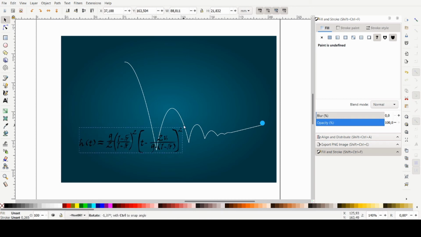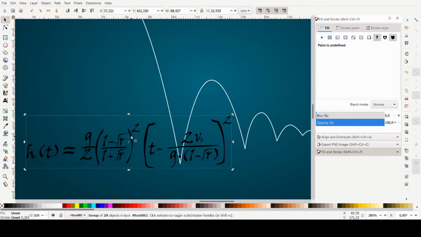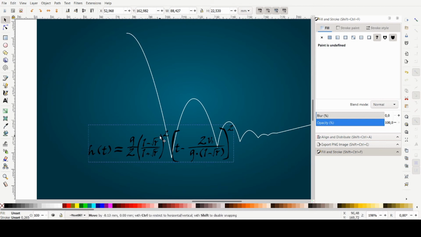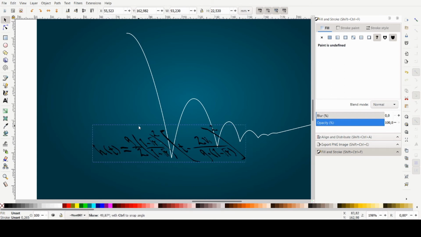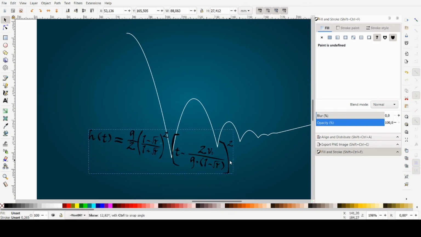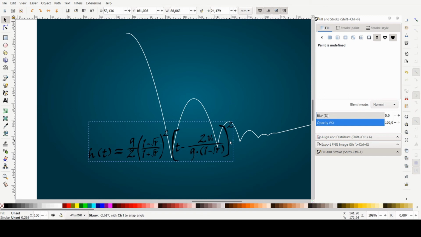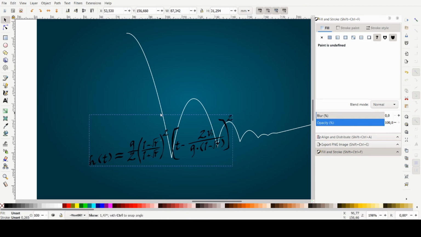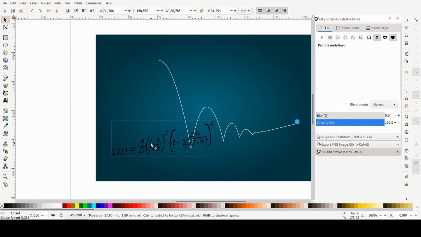So to make it look like it's in line with this hopping thing, you have to play with the shear. So this is how it looks normally, and then to get the perspective effect on it, click again, and then you sort of have to shear it, right? So if you can see, shearing the top makes it lean up and down, and shearing the sides make it lean left to right. It's very counterintuitive. So I'm going to shear it like this, and then see if I can line up the text to look like it's in line with this. I'm also going to change the fill to white,